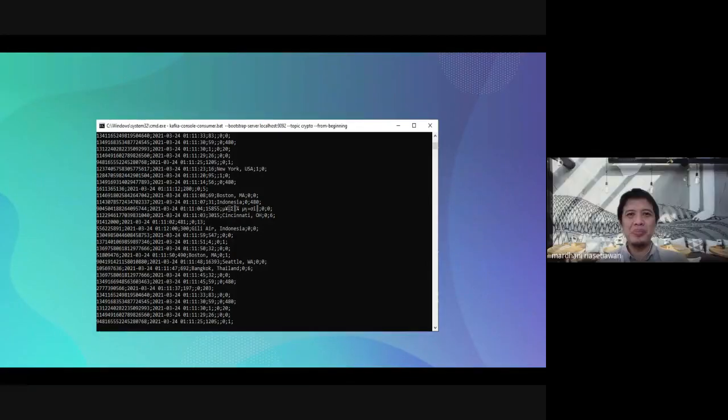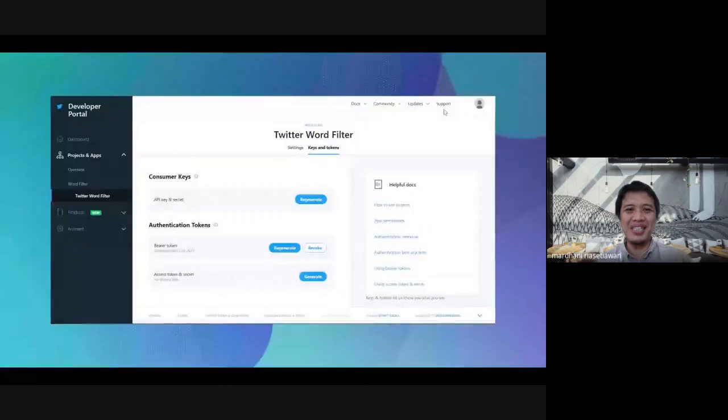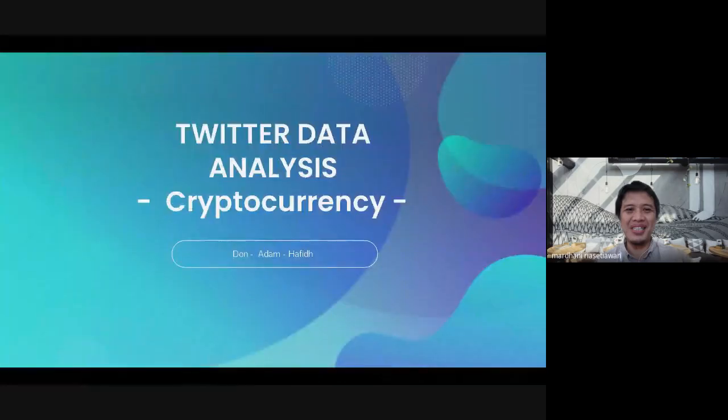Okay, that's also an excellent idea to use the cryptocurrency relevancies on Twitter. So, can you explain to me what you mean by the relevancy that you want to discover based on this data?